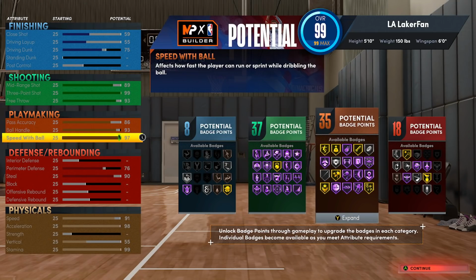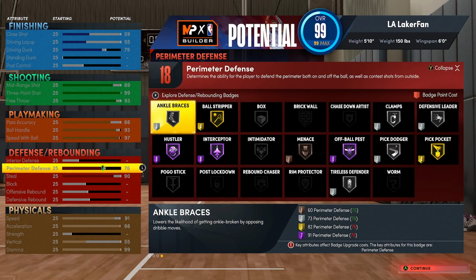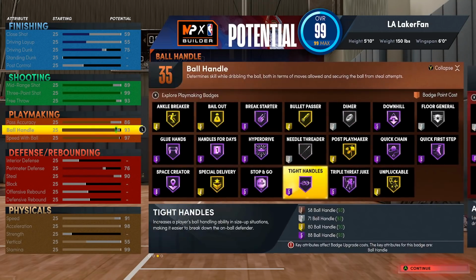And again, just to backtrack one time real quick to talk about tight handles again, just how it's tied in with all those shooting badges as well. It really does get toxic. I mean, I don't know what you're meant to do as a defender when the clear badge to counter this is ankle braces. It does say lowers the likelihood of getting ankle broken by opposing dribble moves. It also counters tight handles. I don't know why they don't mention it in the badge description. But either way, this is your counter to tight handles. But it still doesn't work at an elite level, even at Hall of Fame,